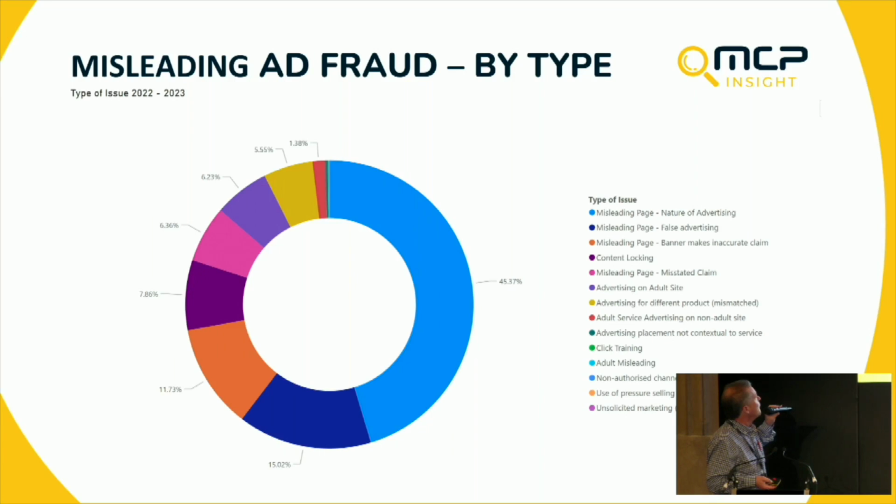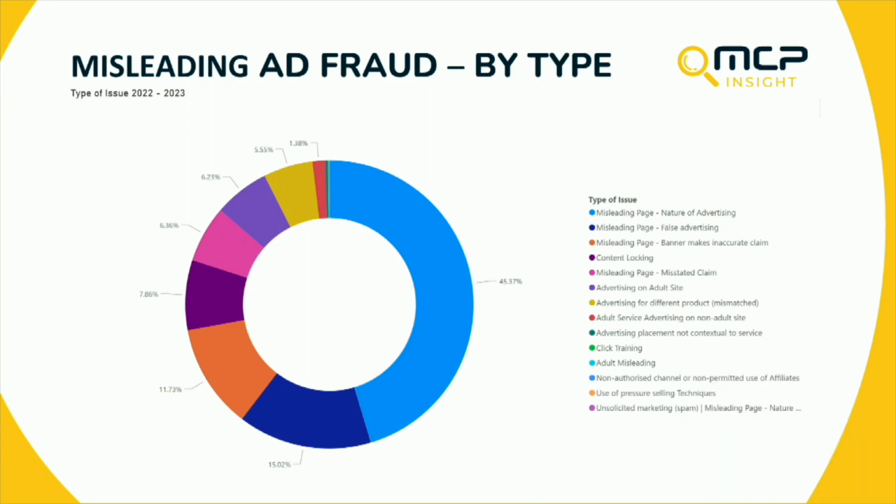These are the fraud types, and I just want to really draw your attention to the majority are misleading of some sort, but the top one, the nature of advertising, is effectively where on the banner, you're initially presented with something where you have an interest in that service and you click through, and then it moves to a totally new offer and continues through on that basis. That's what we call natured advertising.